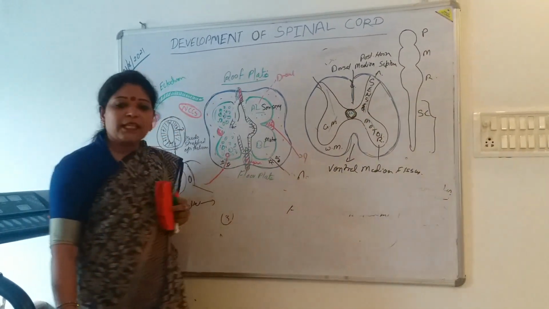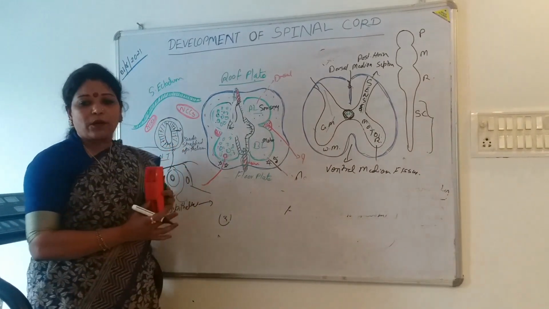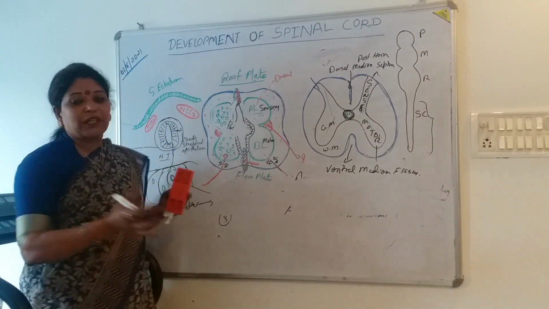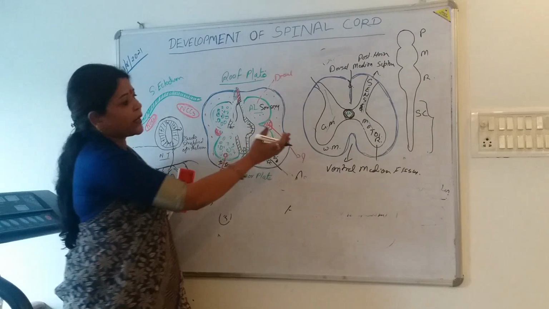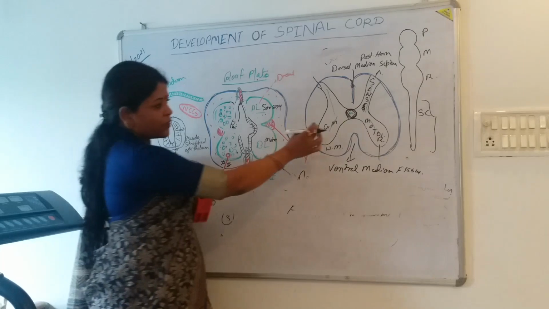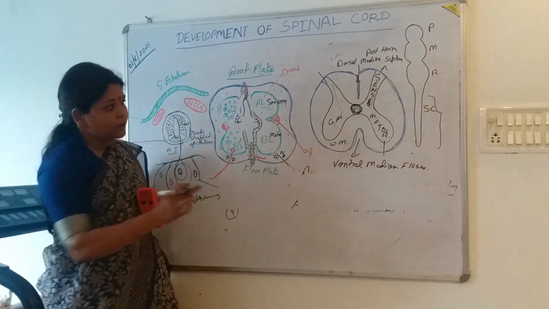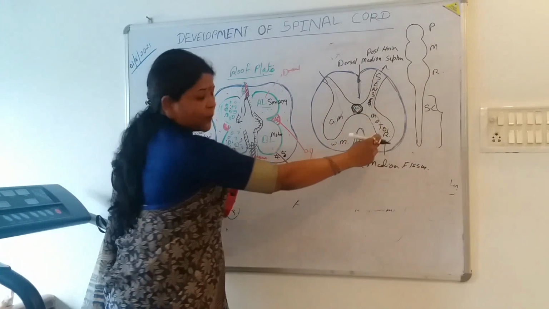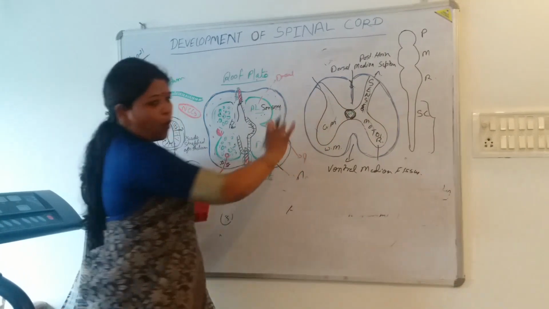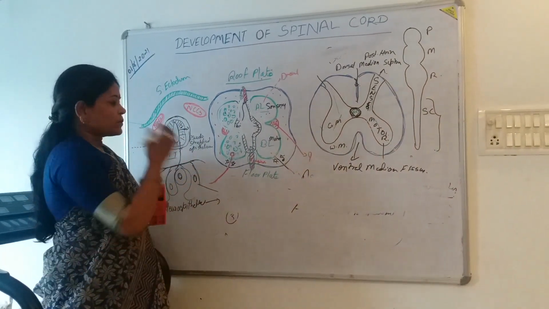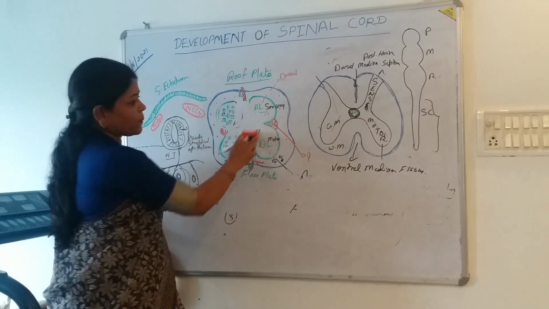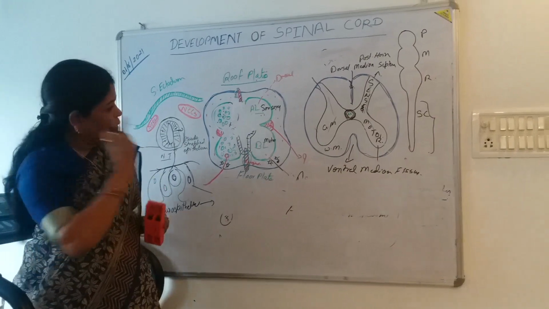When you see the slide of the spinal cord in your examination under the microscope, the teacher will teach you, it is a butterfly appearance, isn't it? So this is the butterfly appearance of the transverse section of the mature adult spinal cord, in which you will get in the center the central canal, and the butterfly-shaped part is the grey matter, and adjacent to that there is the white matter. Okay. So now it is clear from where this grey matter and white matter is coming. Yes or no?